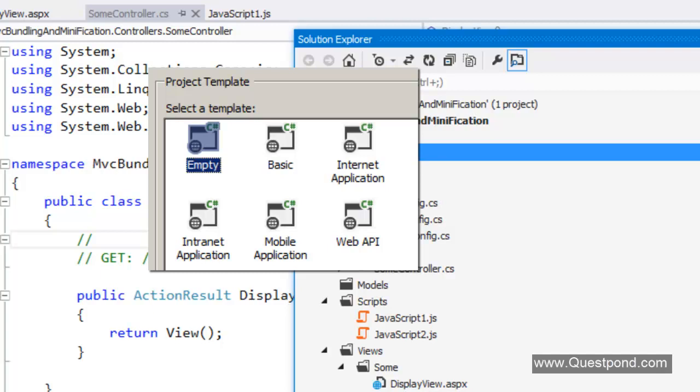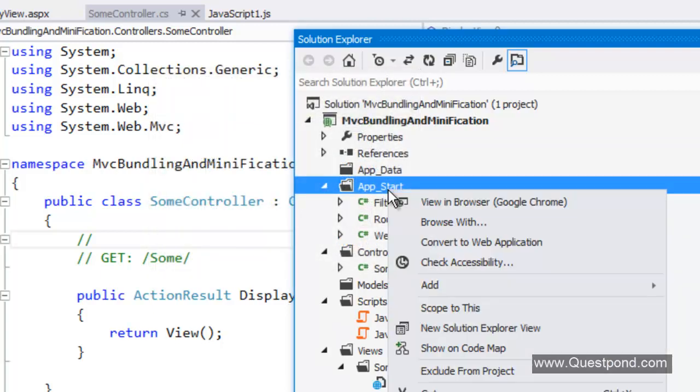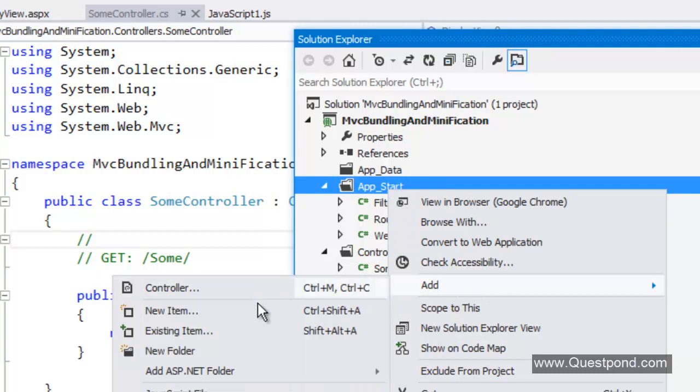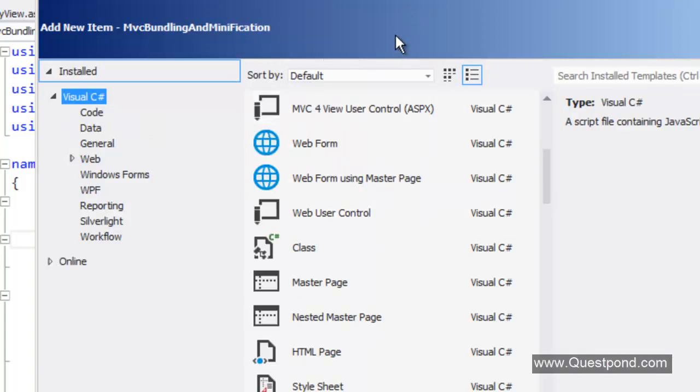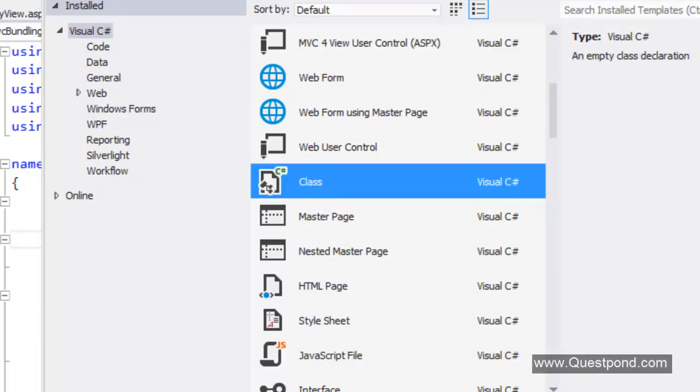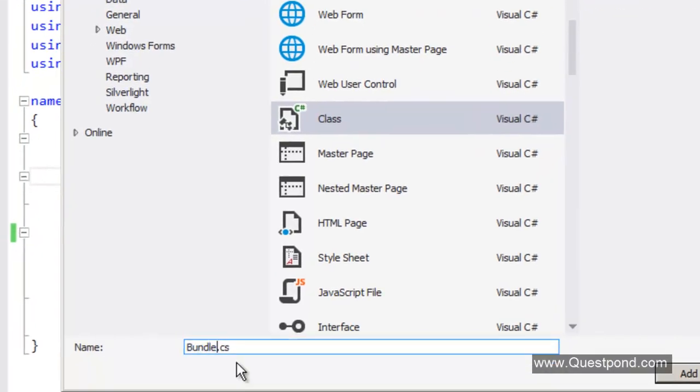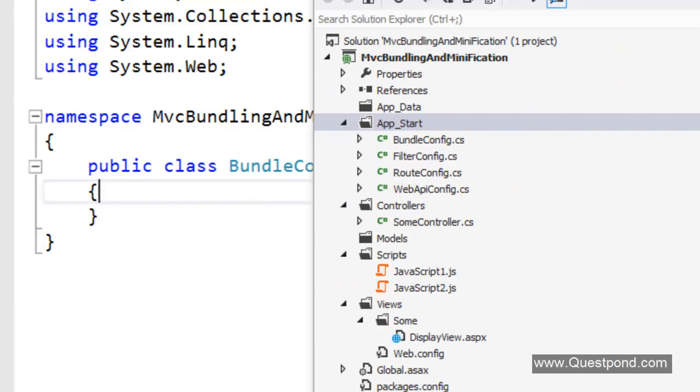Now remember that if you have selected the basic template, then you will get this BundleConfig.cs file created by itself. But if you have selected the empty template, the way I have done here, then you need to create the BundleConfig.cs file. Because we have created this project by using the empty template, I need to add the bundle config file manually. So I'm going to add a class file here and name it BundleConfig.cs. I'm going to add this, and in this BundleConfig file I need to